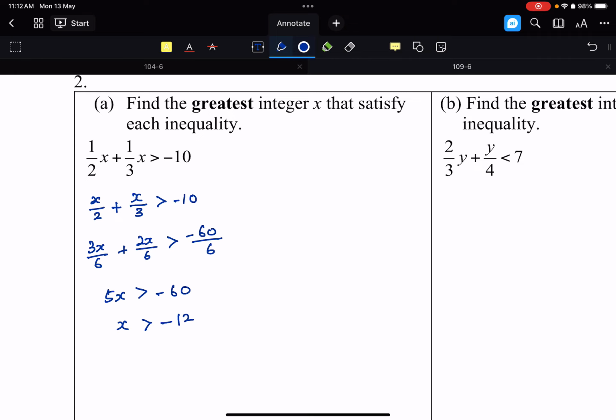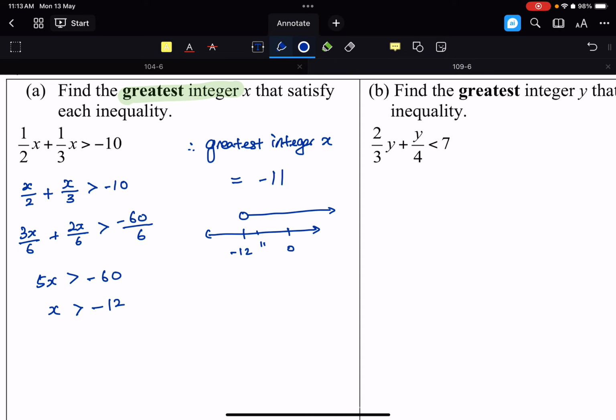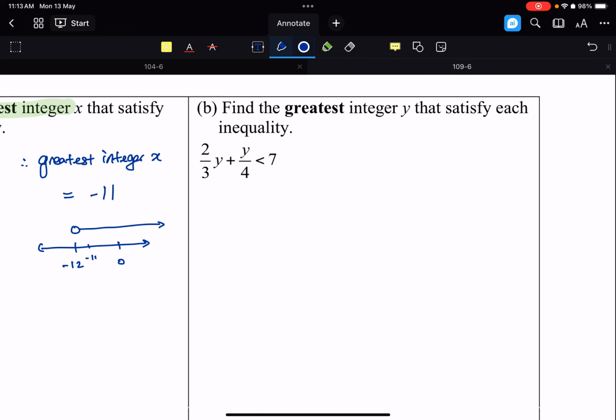Right? So we are not quite done. Because this is an inequality, the question actually asks for a single greatest integer, right? So therefore, we need to write down, therefore, greatest integer x is actually equals to, well, what is it? It is going to be negative 11, right? If you need some confirmation, you realize that negative 12 is here, 0 is here, so we move here, right? So it looks like this. 11 is going to be somewhere here. Okay? So, sorry, negative 11, right? So same idea here, the greatest